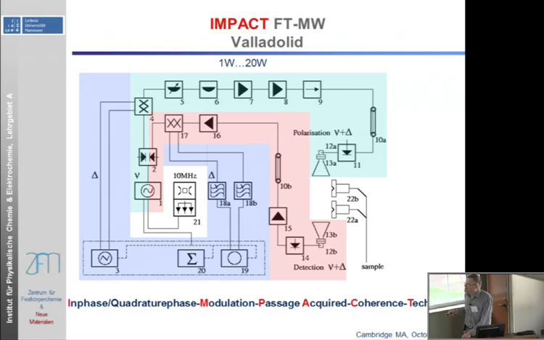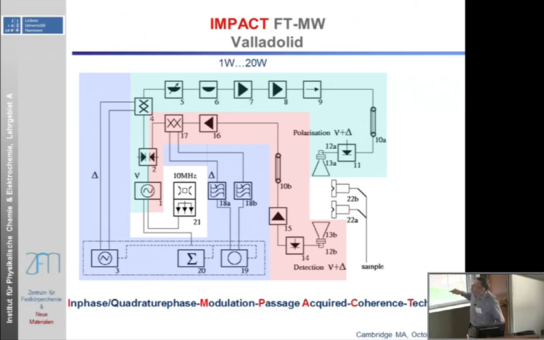On the other hand, my prediction is that if you look at synthesizers, they don't become cheaper. All this analog technology, phase lock loop oscillators, they just don't become cheaper. Whereas everything that has to do with digital electronics becomes faster and cheaper very quickly. So my prediction is that these spectrometers will be very cheap at some point. Maybe you can't buy classical synthesizers anymore in a few years. It will all be done by digital-to-analog conversion.